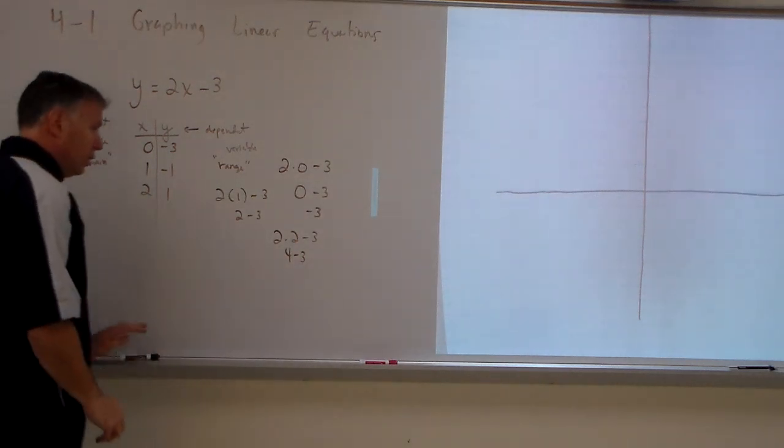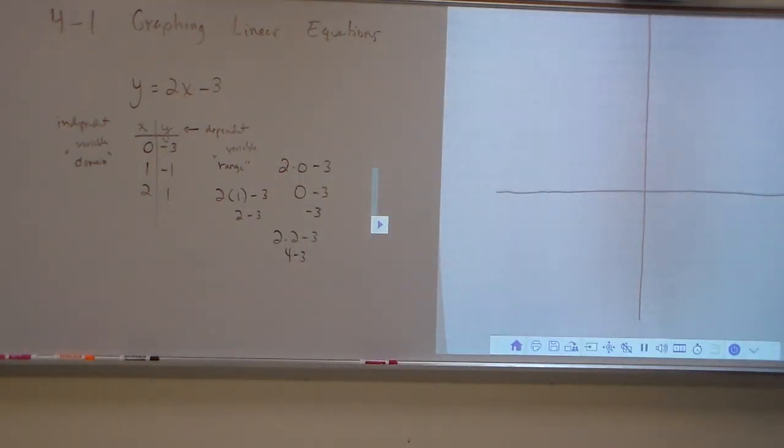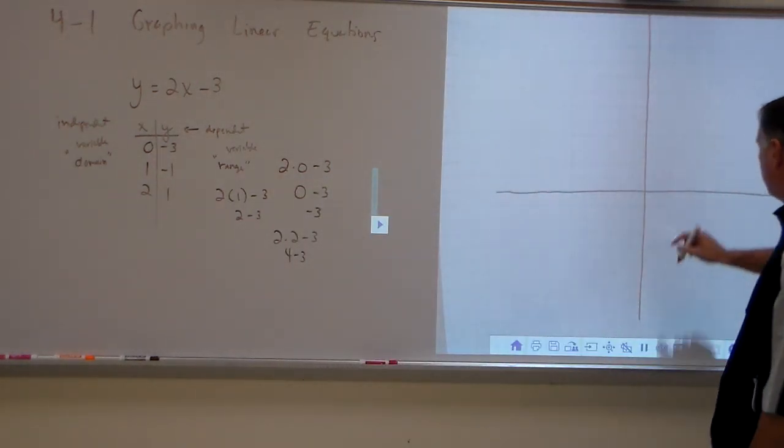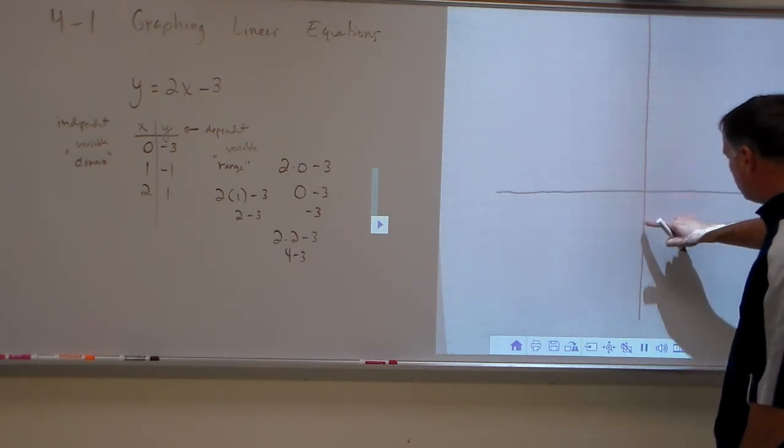So we go to our graph, and I plug my points in. 0, negative 3. That means I go over 0 and I go down 3: 1, 2, 3, and I put